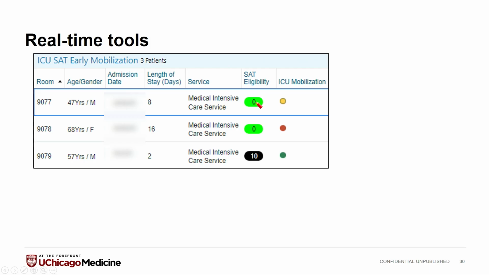We also added in some rule-based identification for SAT eligibility so that this patient here, if they're green for SAT, that means they're on a ventilator and they have no exclusions to be awakened. And yellow means that maybe one of their parameters might be a little bit out of range, but perhaps we should go ahead and assess for mobilization. Versus a patient in red is probably someone who shouldn't get mobilized because they've met one of the red criteria. However, they still meet criteria to be awakened. And in black here, this patient's not on a ventilator and they're green, so you should go ahead and go